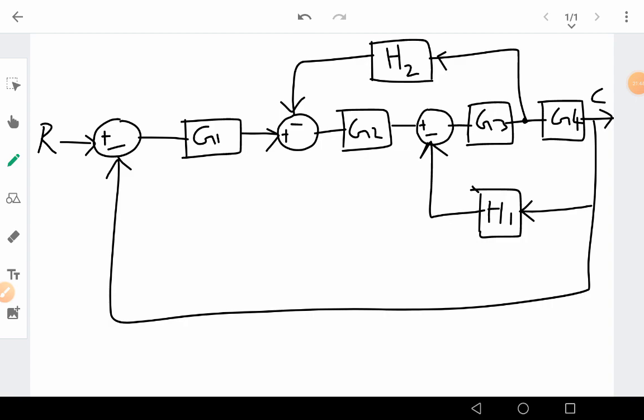So here is another question which you can try. Similar methods you have to use, you have to change the things. Here you should know that this is plus and this is minus, this is plus, this is minus, this is also plus minus. Okay, and arrows are also important, right? So you may try this, and here there's a gain 1 which is direct feedback without any feedback. Okay, you can try this. This is a bit simpler than the last problem, but the same steps follow here also.